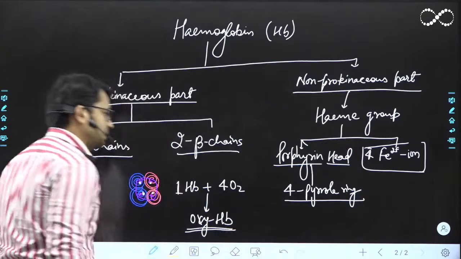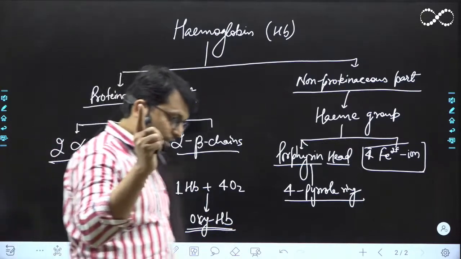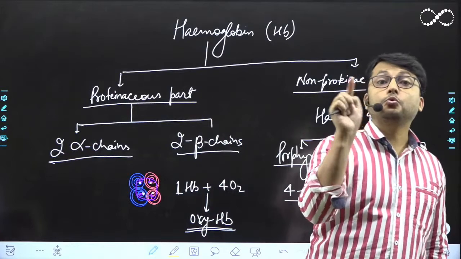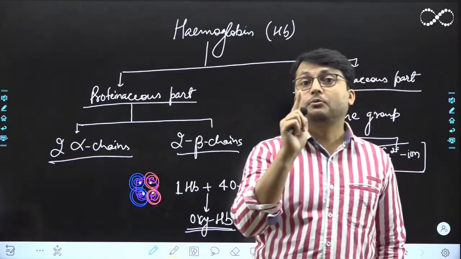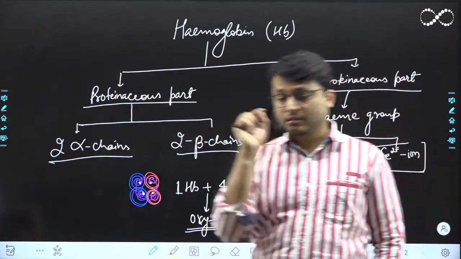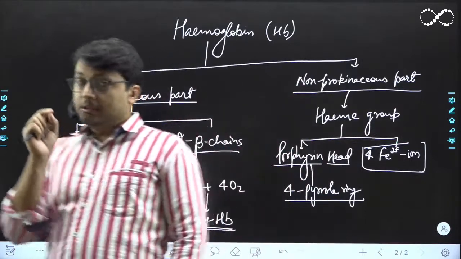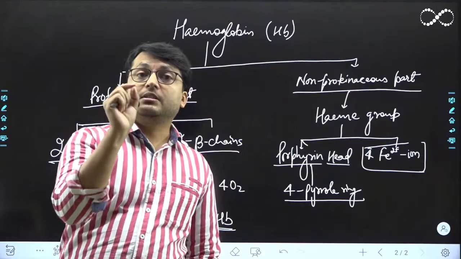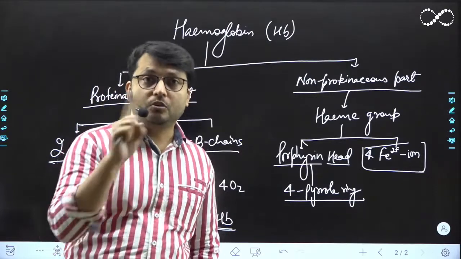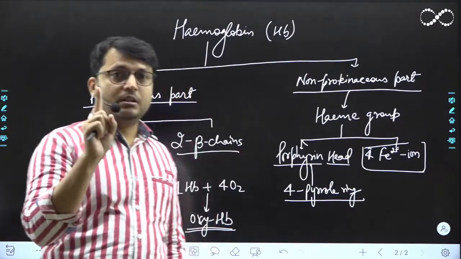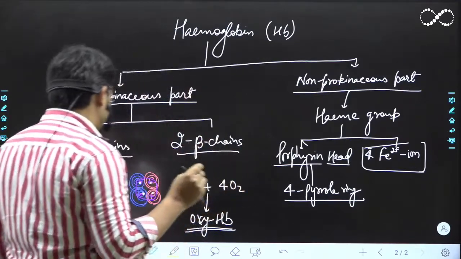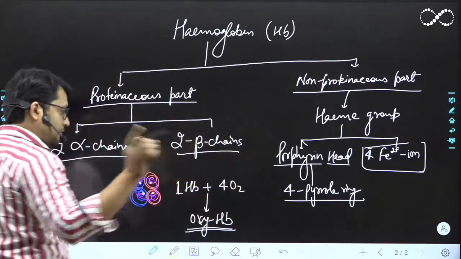oxyhemoglobin. याद रखिएगा. So one hemoglobin can carry maximum of 4 O2 molecules. I'm not saying 4 oxygen atoms, है ना? Please pay attention. Hemoglobin transports oxygen in its molecular form, O2, not the O atom. Okay? Nascent oxygen is very reactive. You know that from chemistry. Great? So this is how it goes.